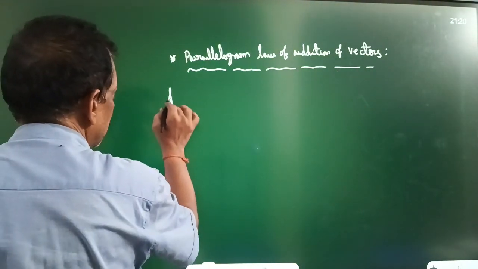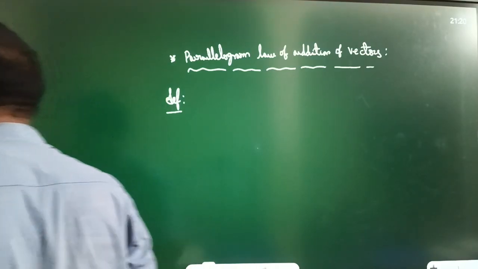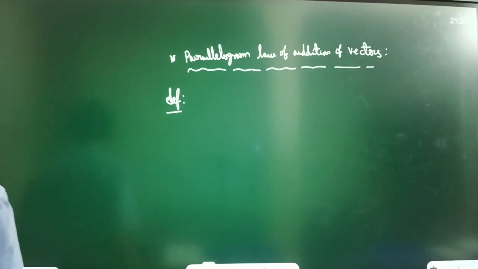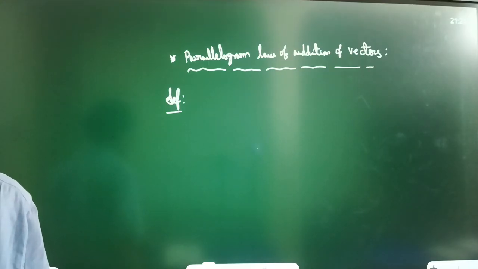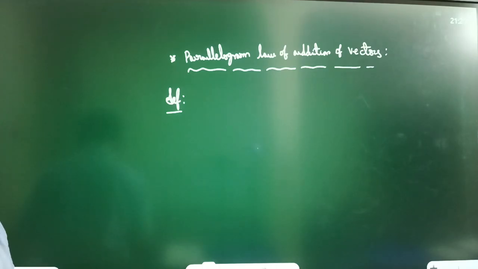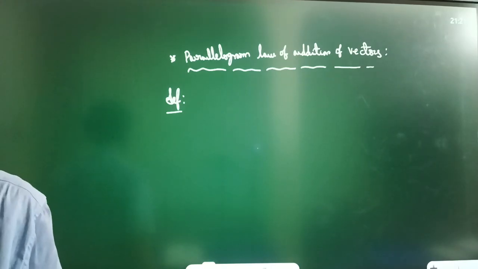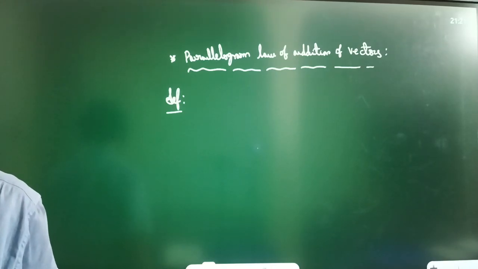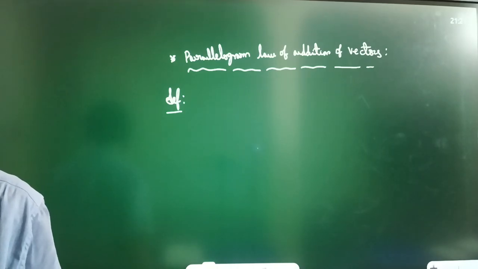Write a definition. Please write the definition. Two vectors are drawn from a point so as to represent the adjacent sides of a parallelogram, both in magnitude and direction,